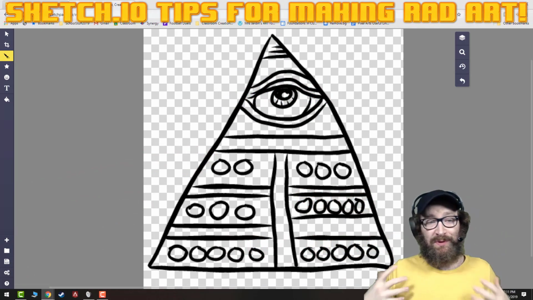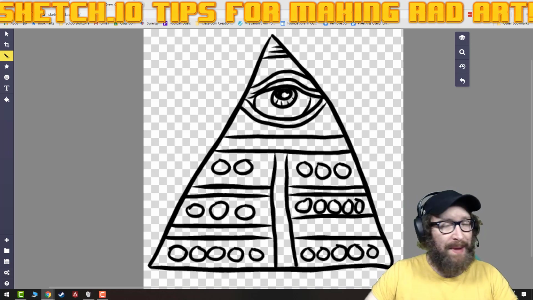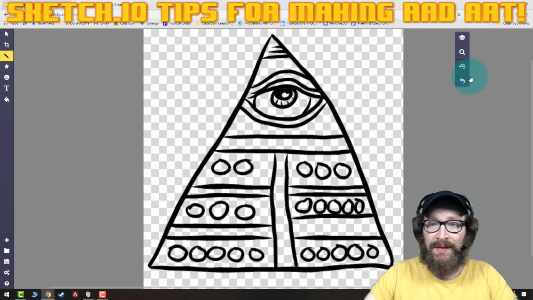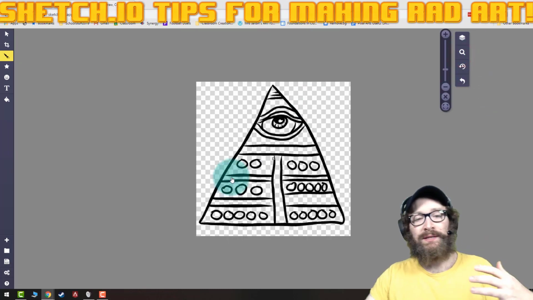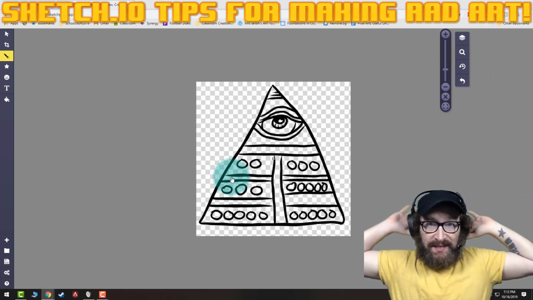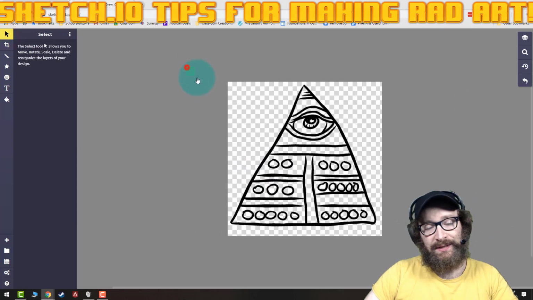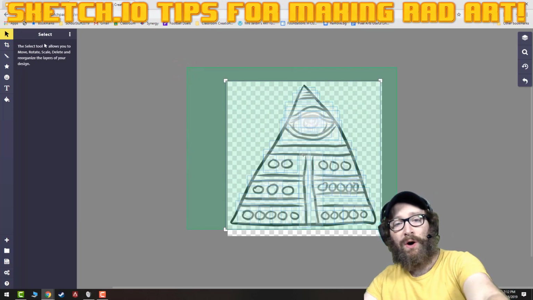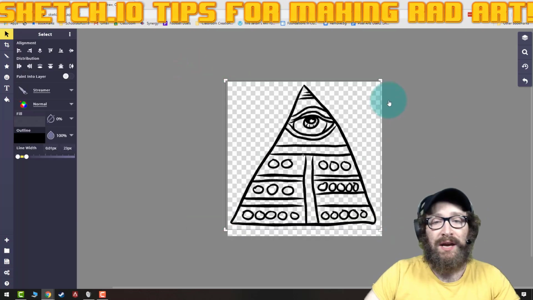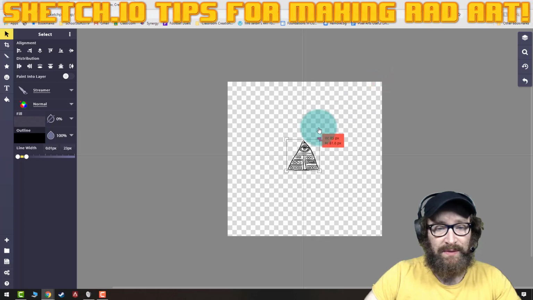Just wanted to show you some of the really neat things that Sketch.io can do, and it makes it a little different than most other drawing programs. So I'm going to zoom out a little bit. I actually wanted to maybe add some lines, something like sun rays behind the eye. And what I'm going to do is click the select tool, because something that's just super neat is that if you notice all these things being selected, Sketch.io actually keeps every single line you make,